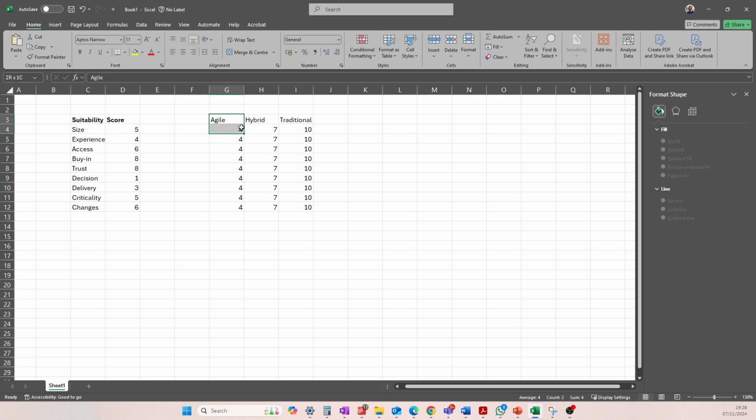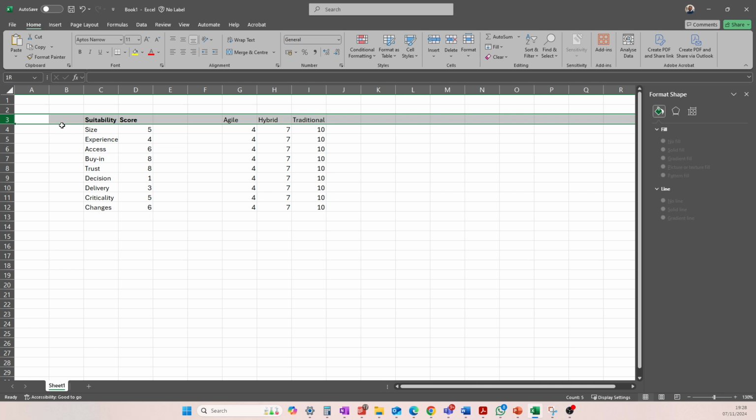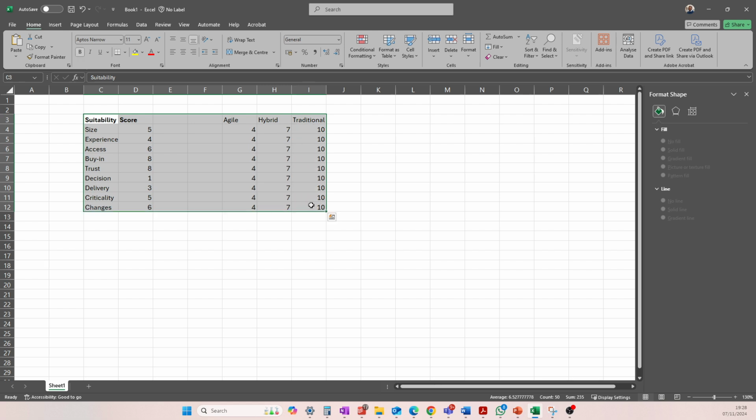Okay, and now we have our mapping here. Remember, agile is 1 to 4, hybrid is 5 to 7, traditional is 8 to 10. So once you've got that correct, just make sure it's in the same row. Just write it down on the same row, select it like this so that it's easy for you to select. Make sure you put 4 4 4 4 all the way 9 times, and the same thing with hybrid and